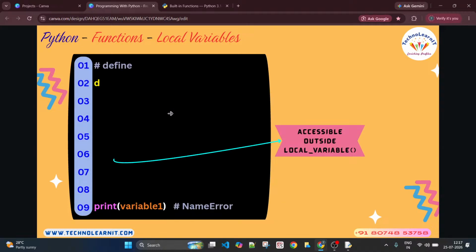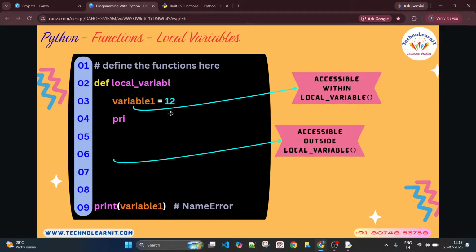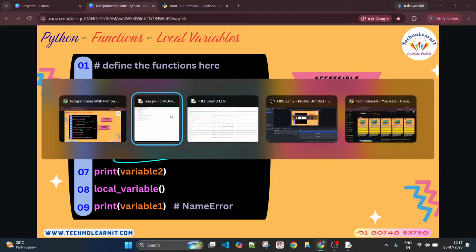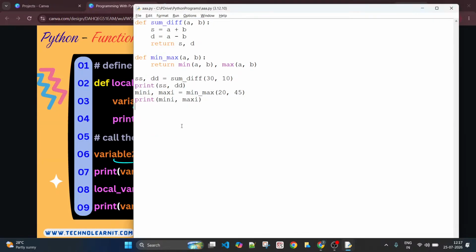All right. Next one is the concept of local variables. Look at this code carefully. You will understand what local variables mean. I have already talked about this a couple of minutes back with an example, but I'll cover this with some other example now. So let me go back to the code.